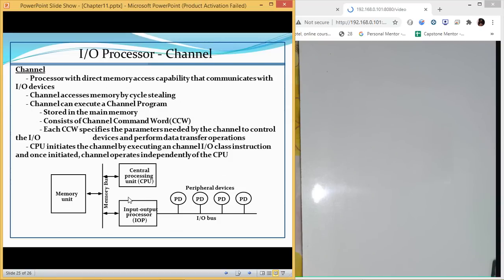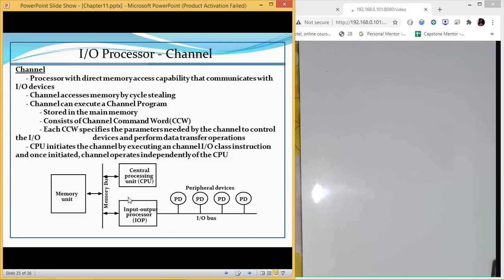The CPU initializes the channel by executing input output channel class instructions, and once initiated, the channel operates independently of the CPU. The CPU just needs to tell that it wants to execute an input output instruction.